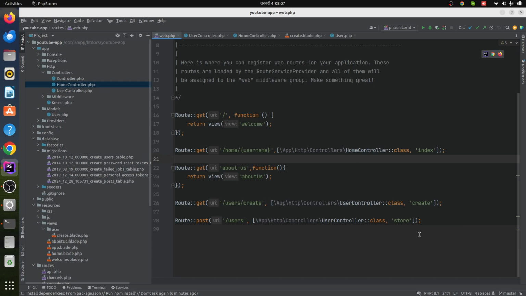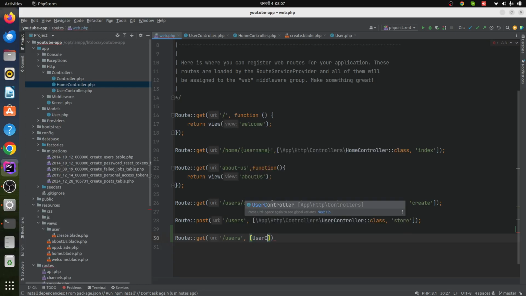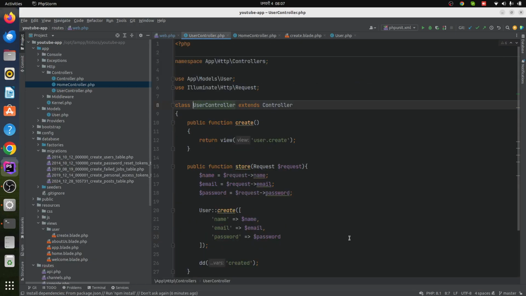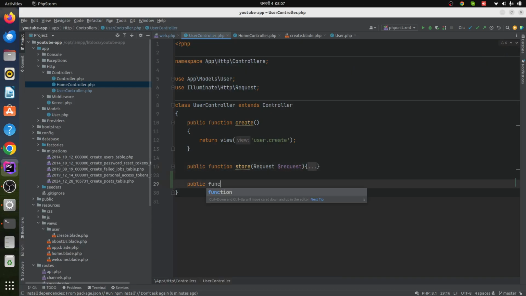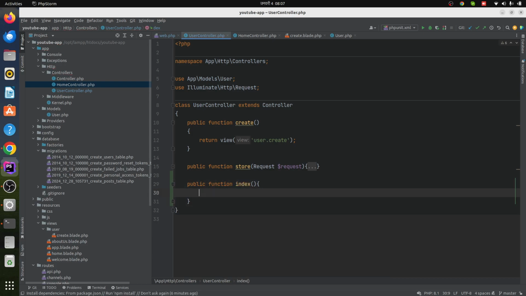So for that, let's just quickly create a new route. That would be get request for the users, and we'll be using user controller. And for this, I'm gonna name the method index. So let's go to this user controller and then we create a new method called index. So for now,